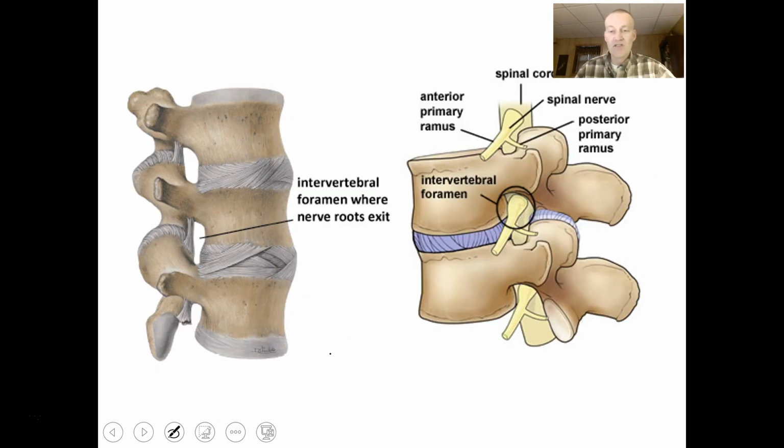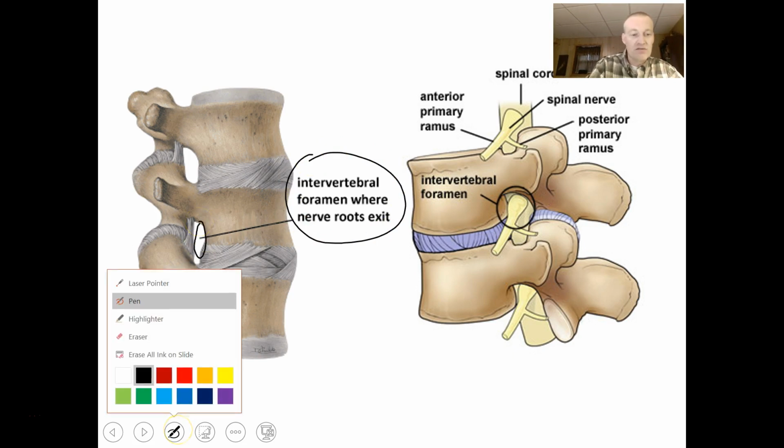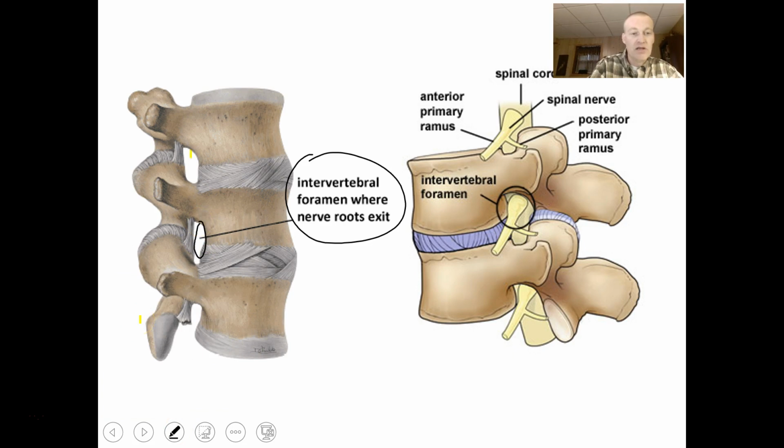Well, how does the spinal nerve exit the vertebrae? Well, there is an intervertebral foramen, which is visible from a side view. You can see the little foramen right here. I guess if I highlight it, it might be a little bit better. So you can see the intervertebral foramen right there and right there. That's where your spinal nerves are going to be coming out. You can see the spinal nerve as it's exiting out